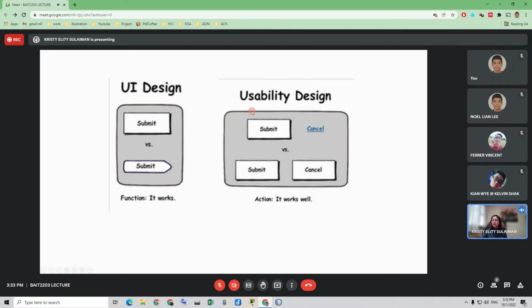So let's say, for example, the user doesn't want to submit. They don't want to submit, and they don't have any other option on this. So in usability design, you can add a cancel button. You can give an action button, a cancel button, so that the design will have more